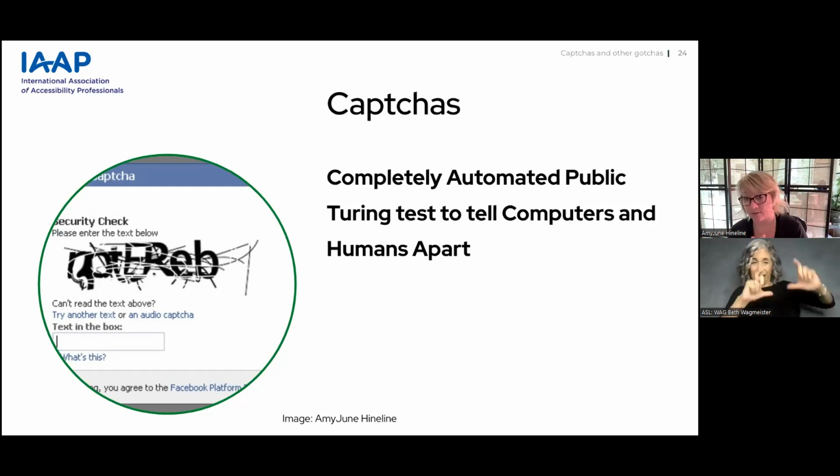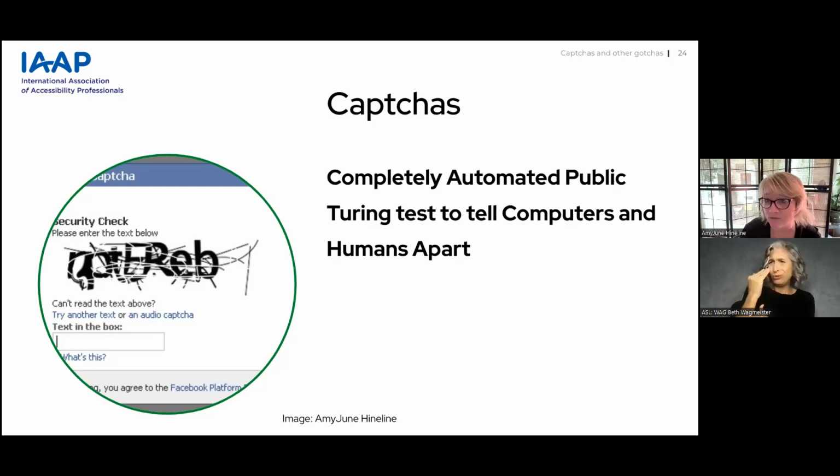It's very difficult to read. I have no idea what it's asking. The letters are garbled and there's some scribbled. And how are you going to know if you have low vision what that means? But sometimes we see images. Sometimes we have to listen to letters, maybe do a math puzzle. But often lately we see the checkbox asking if we're a human or a bot.